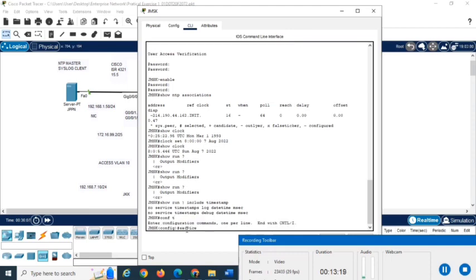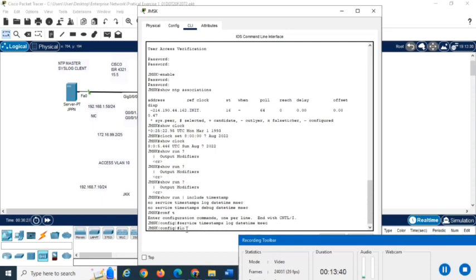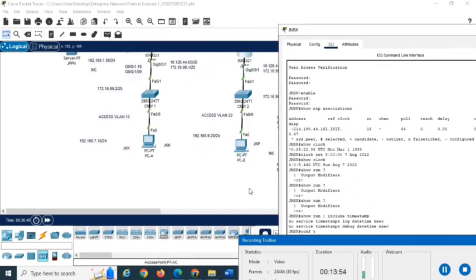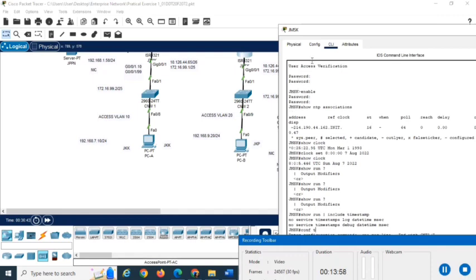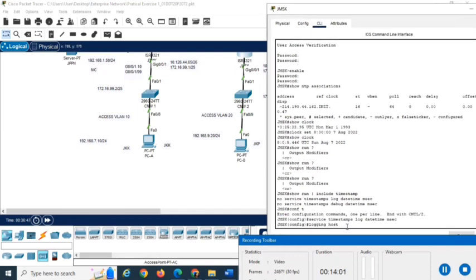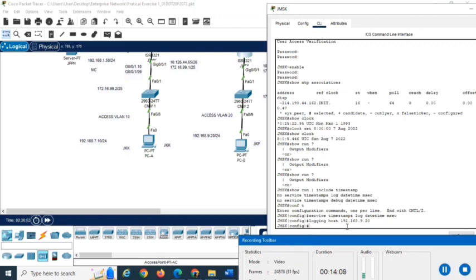service timestamps log date time msec. Okay, and then type the command logging host, the IP for the PC JMSK, PCB, is 192.168.9.20, enter, then exit